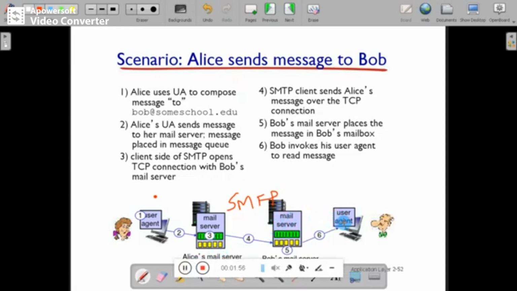Now the user Bob will log into the mail server by using either webmail or Microsoft Outlook or any other software that acts as a user agent, and he can download the mail or view the mail by using webmail.